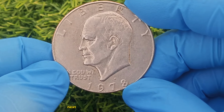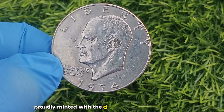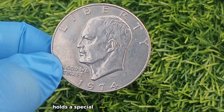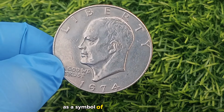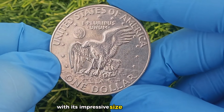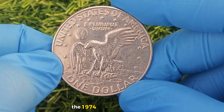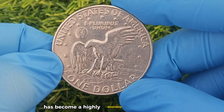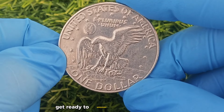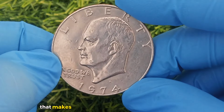who hold it. Next up, the 1974 Eisenhower $1 coin, proudly minted with the D mint mark at the Denver Mint. This coin, in very good condition, holds a special place in numismatic history as a symbol of American leadership, space achievement, and national pride. With its impressive size, stunning design, and rising popularity in the collector's market, the 1974 D Eisenhower dollar has become a highly desirable and valuable piece that continues to shine in today's coin market. Get ready to uncover its fascinating story, its artistic brilliance, and its growing worth that makes it a must-have for